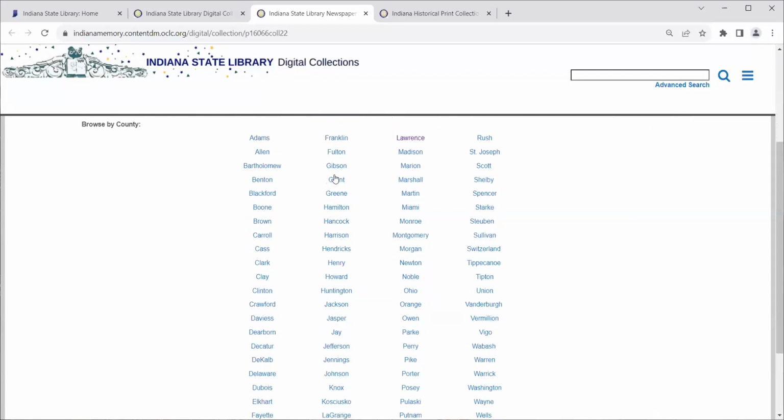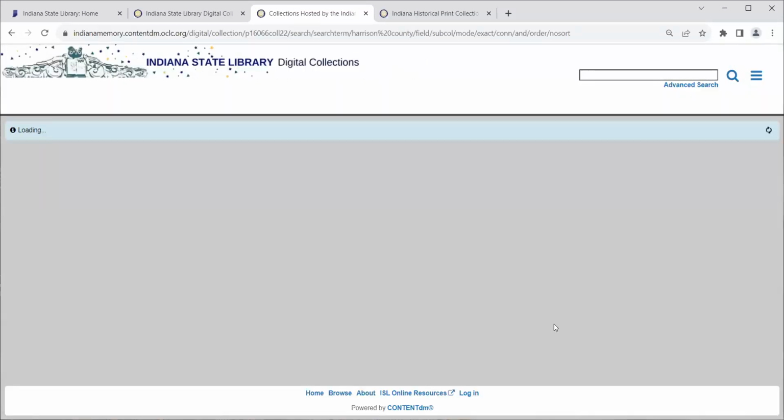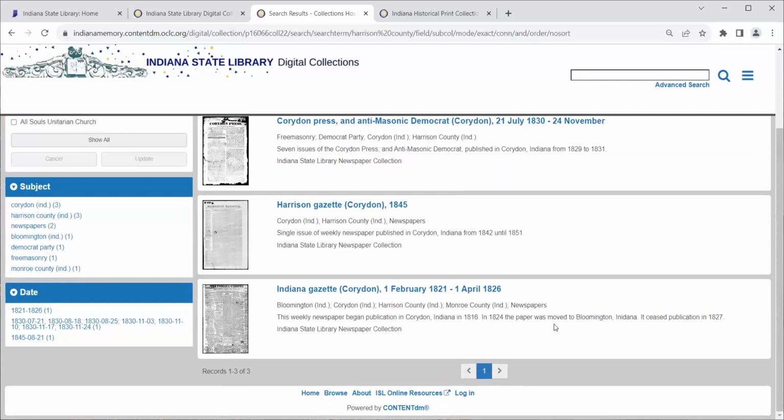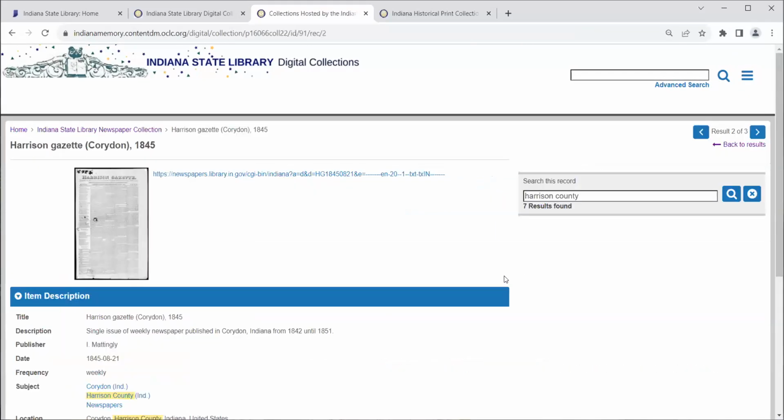Dave just did this part, went through and created links to each county that shows up in the collection. The newspaper collection is connected to Hoosier State Chronicles. So for example, when I click on Hendricks County, it will take you to this. And then when you actually open up one of these, you don't actually get the newspaper, you get a link to take you to Hoosier State Chronicles. So if I click on that, it'll take us over to Hoosier State Chronicles where we can look at the